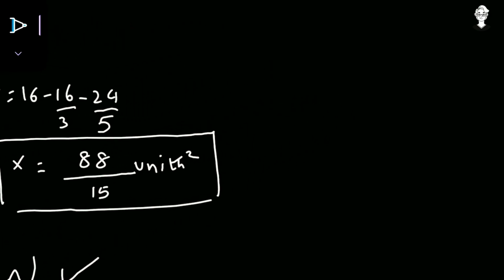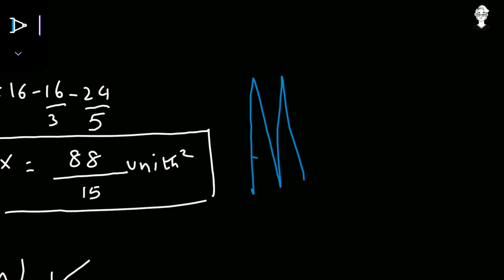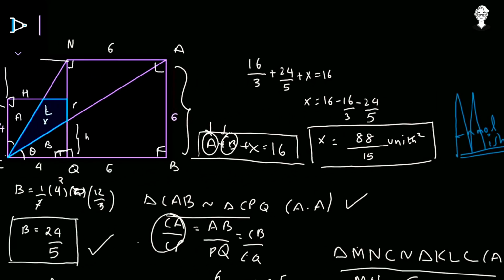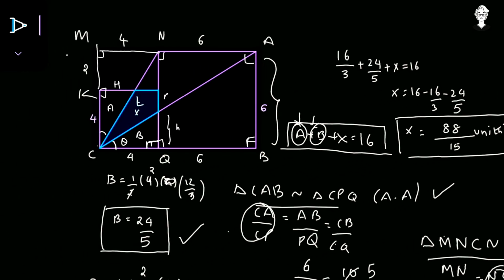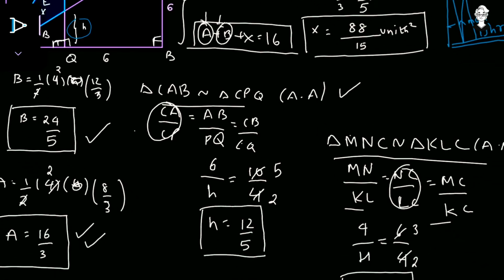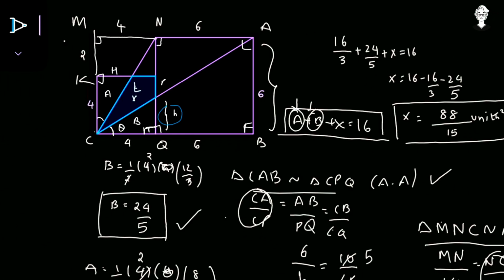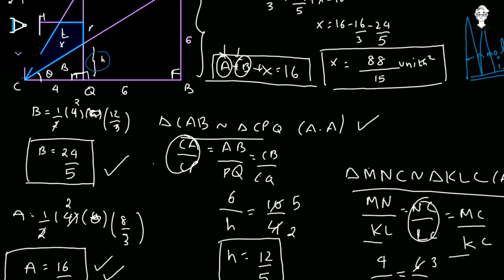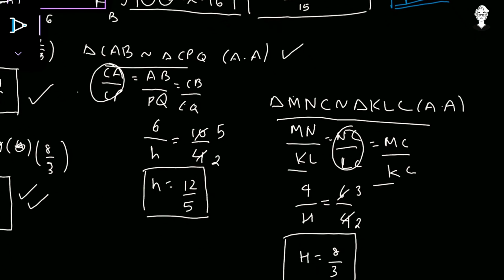To calculate height we can directly use the basic proportionality theorem, but I thought that if people don't know what that is, it would be difficult, and similarity is much more common than the basic proportionality theorem. Basic proportionality would be the direct answer to h and capital H, but it's all okay. So this was my method to solve this particular question. There's another method, the calculus way that Flammable Maths used. That was also a very nice and cool method.